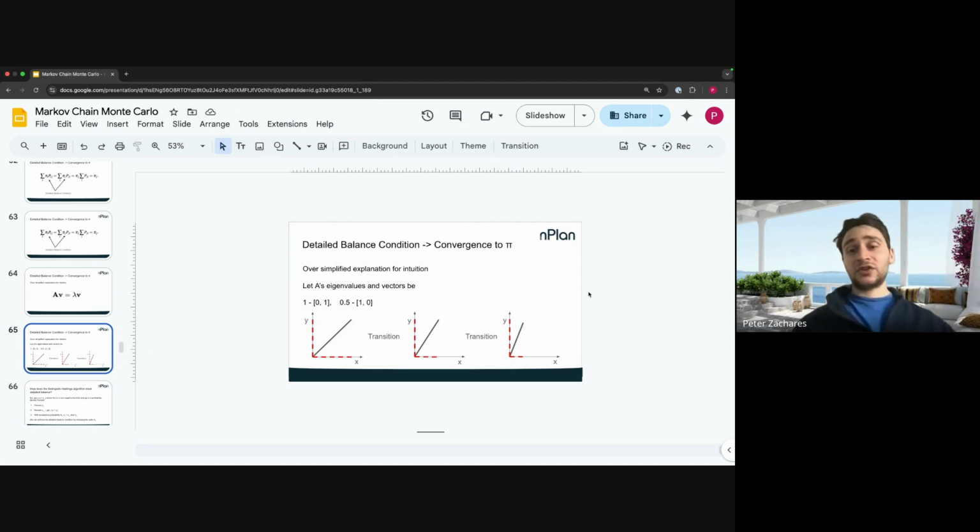In really simplified terms, when you meet the detailed balance condition, you could think of your stationary distribution as the eigenvector that has the largest eigenvalue. As you transition, you just converge to it, even though you could start from anywhere, because everything else is becoming smaller, the likelihood of any other state is becoming smaller, while the likelihood of